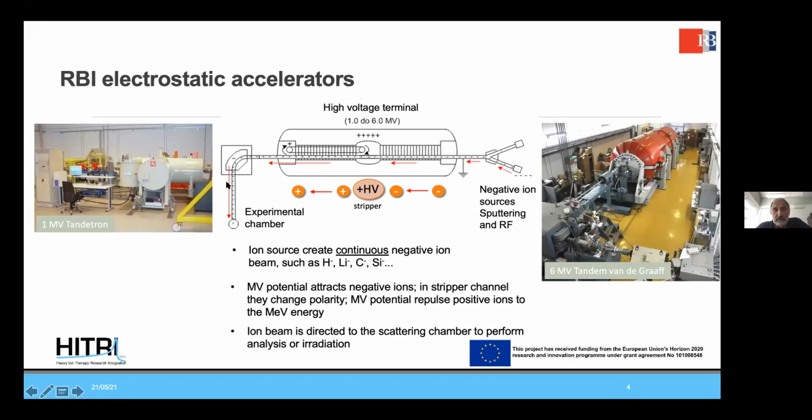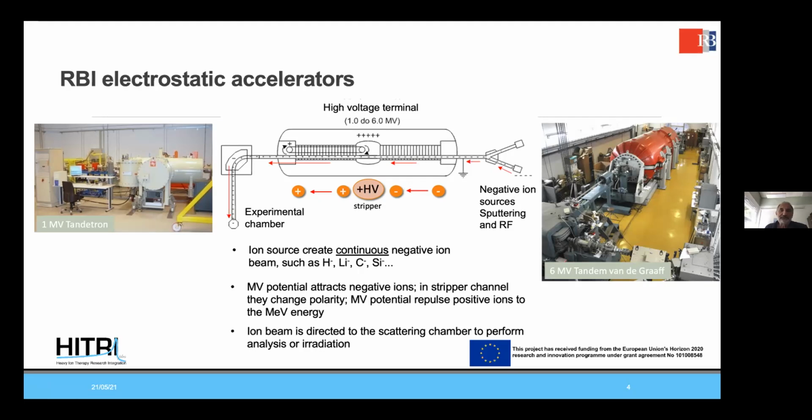So these are two accelerators we have in Zagreb. This one is pretty old, 6 megavolts, moved from Houston, Texas about 30 years ago. It's based on the tandem principle and electrostatics. In the center of the accelerator, within this tank, there is a high positive voltage. Therefore, if we want to accelerate ions, we have to produce them as negative ions. The negative ion source is typically a sputtering ion source, which is very convenient as it can produce almost any